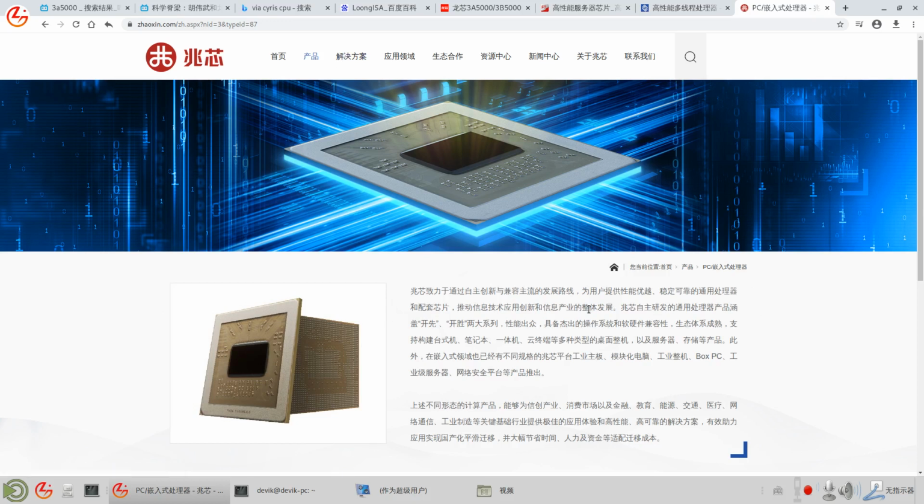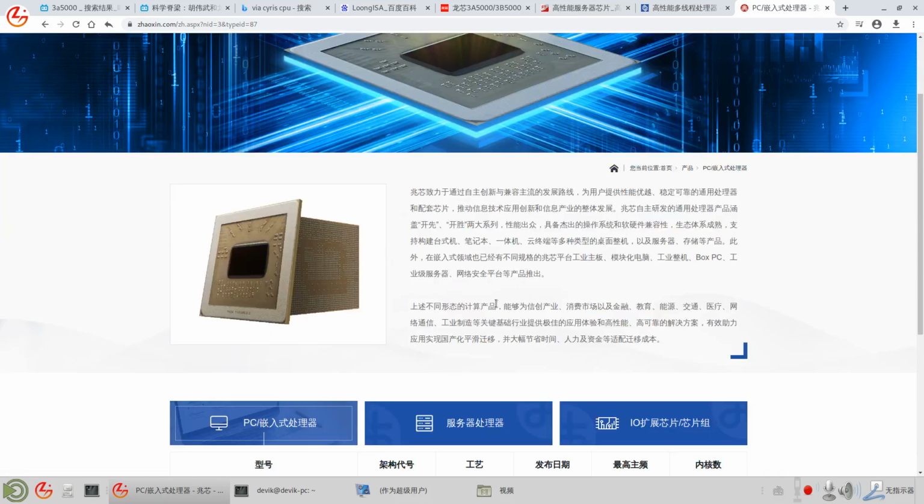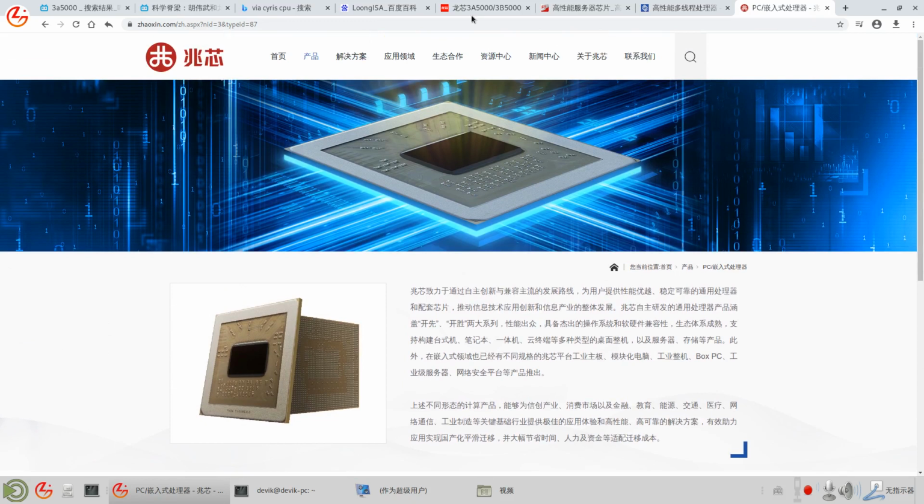So it can run Windows or x86 software. There is natively a lot of ecosystem and software ready to use. So this is the more market-familiar one. But Loongson,